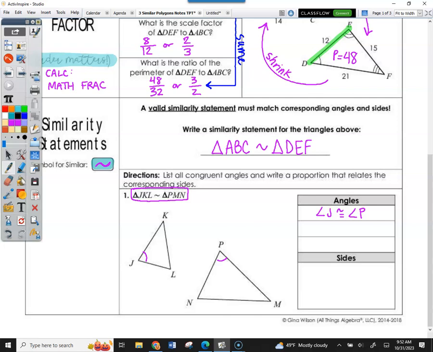Angle K is congruent to what? Angle M? Angle L is congruent to